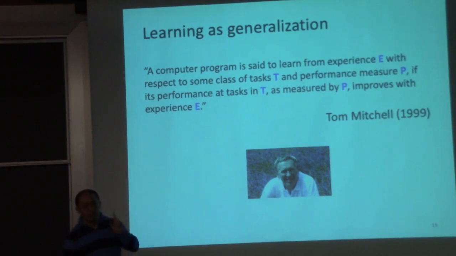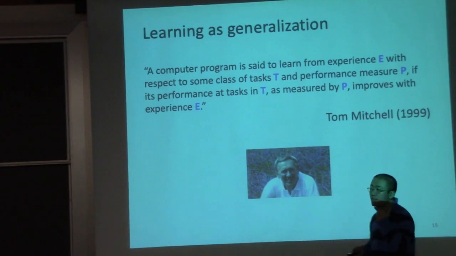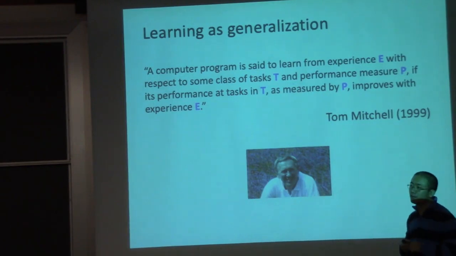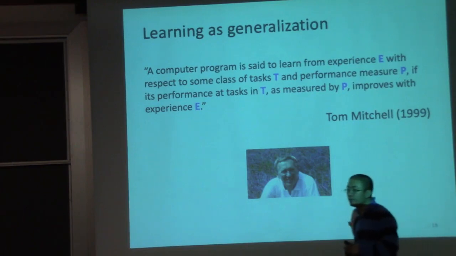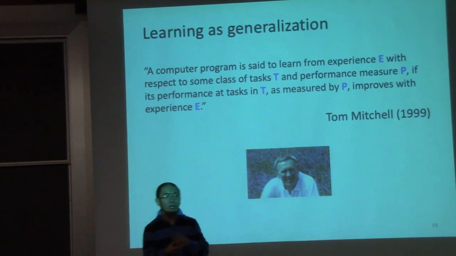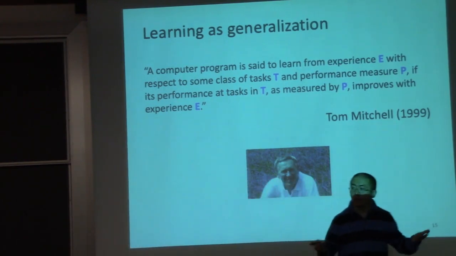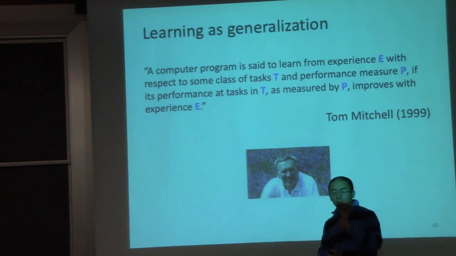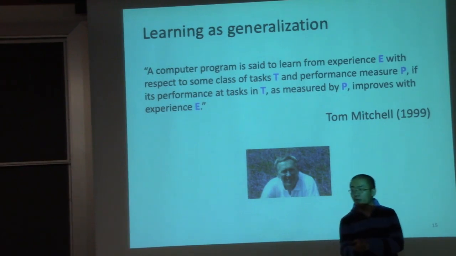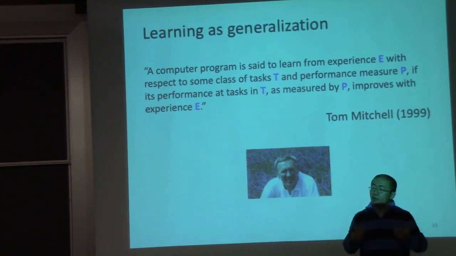But from here, you can also have a feeling that machine learning is actually a bit different from human learning. Human learning can be even more general. I read a book, and I don't give you some tasks, I just read a book. And after I read a book, I learned something. I can tell you I learned something. And even different people, when they read the same book, learn different things from different perspectives. So it's still different from human learning.